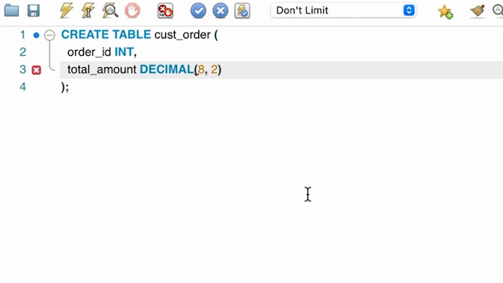Are you storing decimal numbers in your database? I'll show you why that may be a mistake and a better way to do it. A common use for decimal numbers is to store money. Whether it's US dollars, British pounds, or any other currency, we often think about storing this number as a decimal.